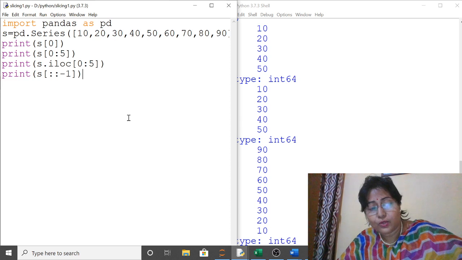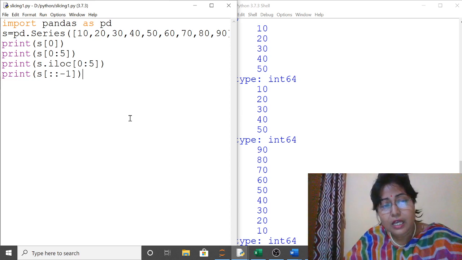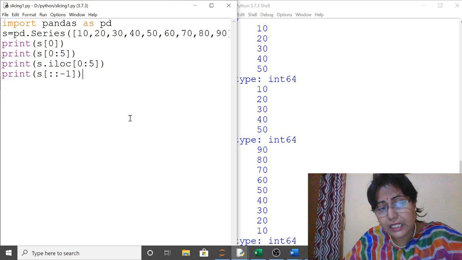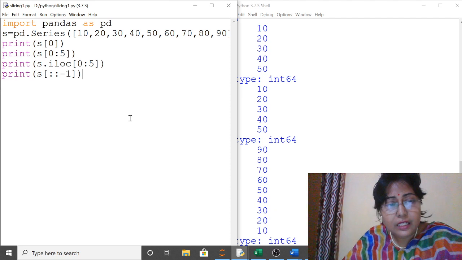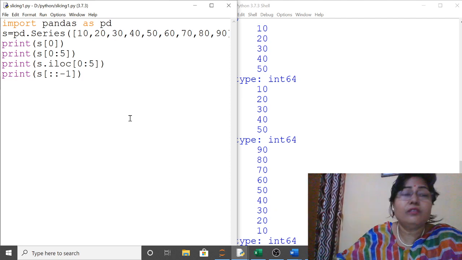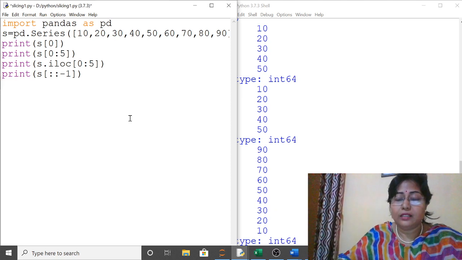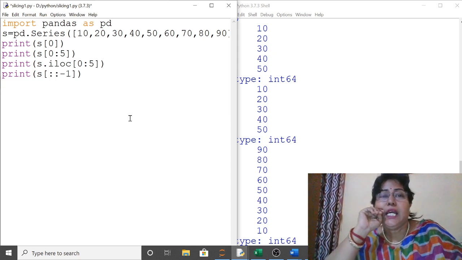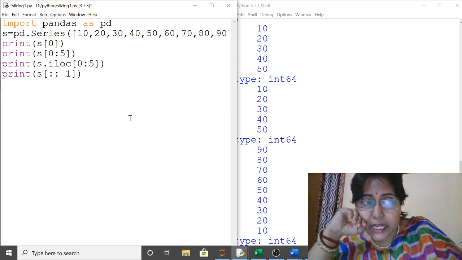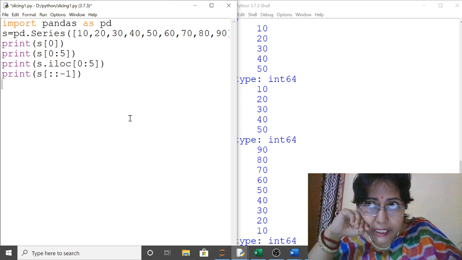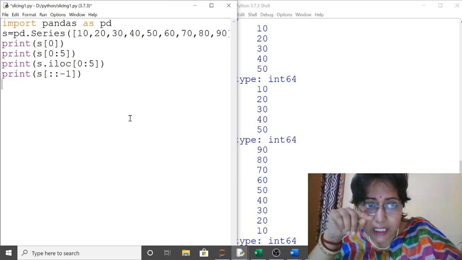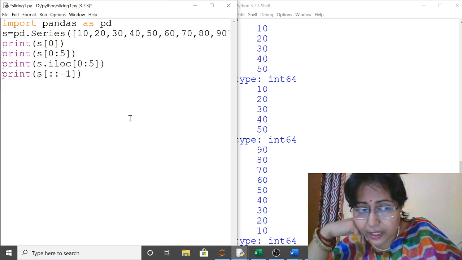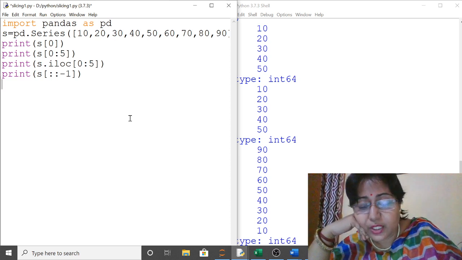If you have any doubt, you can write in the comment section and I will clear your doubts. This portion is very easy, and you all know in the sample paper 2 questions have been asked from the series. Clear? So one question you do it yourself. The next question: display the series in reverse order with alternate elements. Means you don't have to print every element, you have to print the alternate elements, that is 90, 70, 50, 30, 10. Now how will you print the alternate elements? This question you do it yourself.